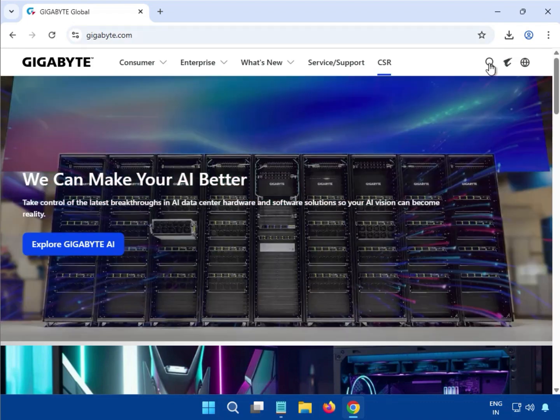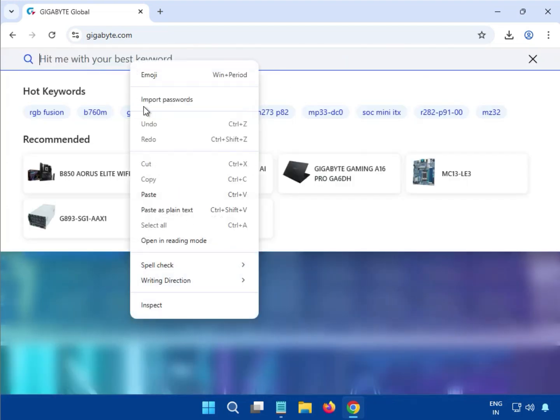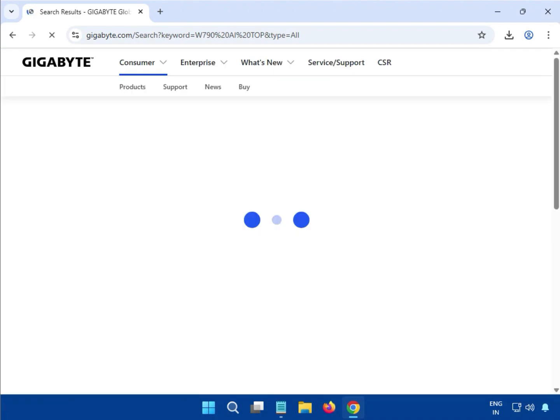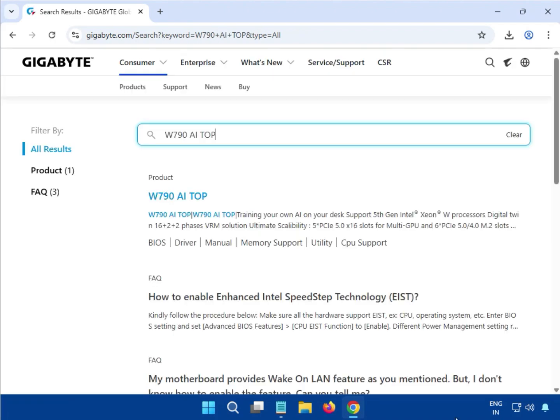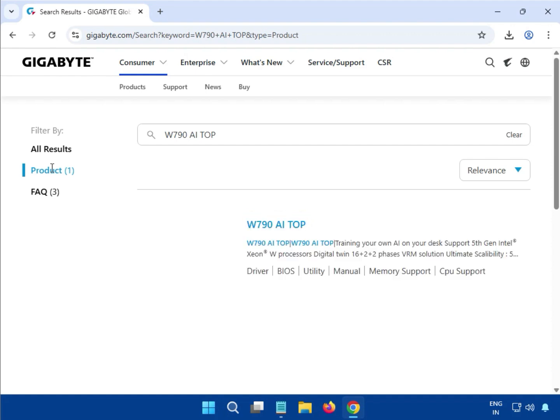You can see on the right-hand side, this is the search button, and then enter your required model number. Okay, W790 AI Top, and then hit enter. Then, guys, click on the product, click on the title of the motherboard name,